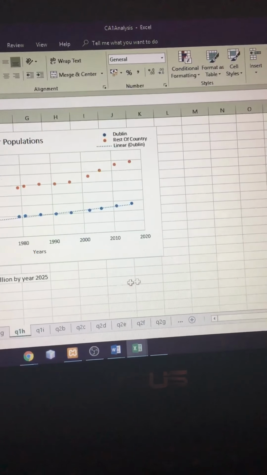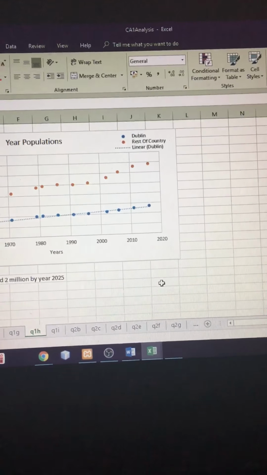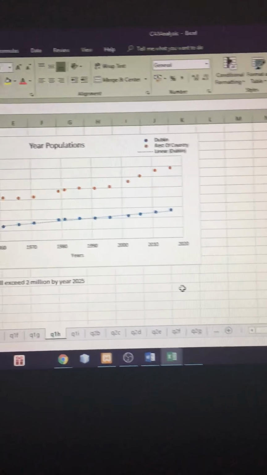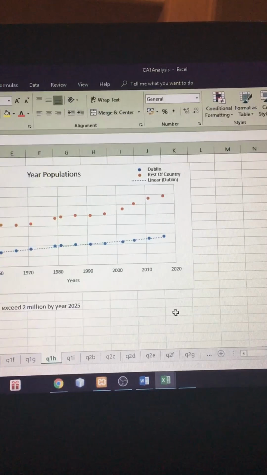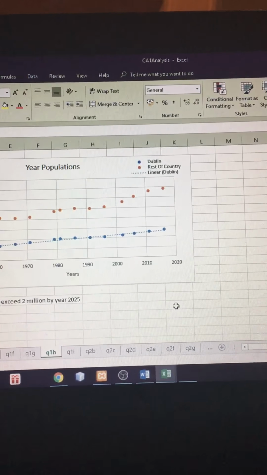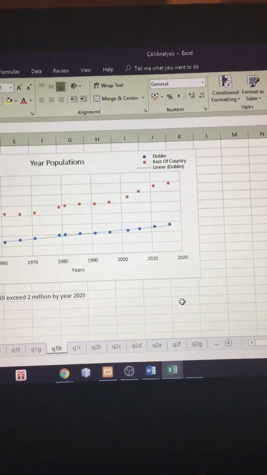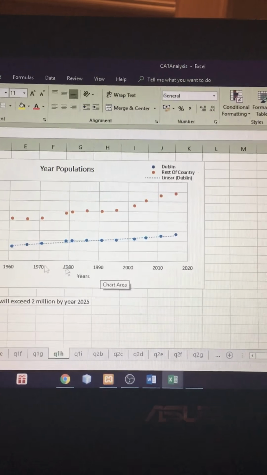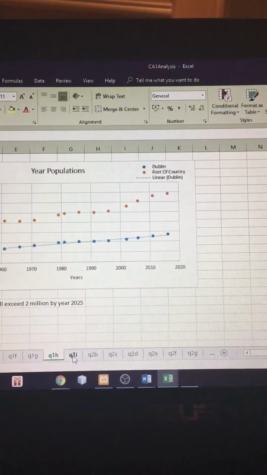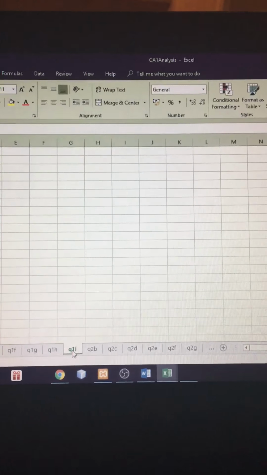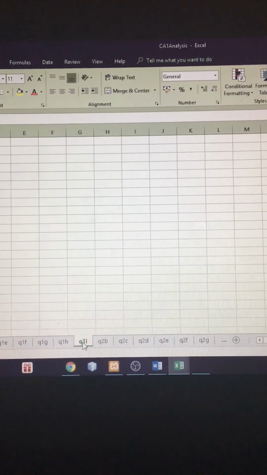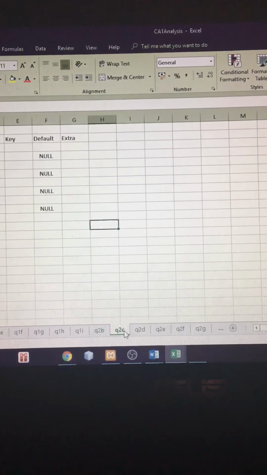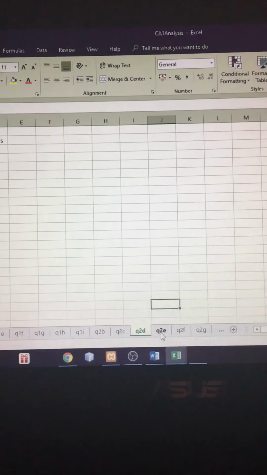Then question 1H was just, I put a trend line through the Dublin plot to get an estimate of my prediction. And my prediction was that Dublin will exceed 2 million in population by year 2025. And again, the years are along the bottom and the population up along the left. Question 1I, I have the query, but I didn't know what way to graph it, so I had to skip that one. That's 2B, 2C, 2D,